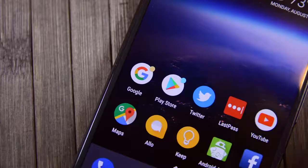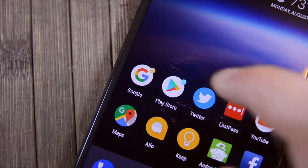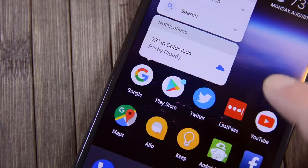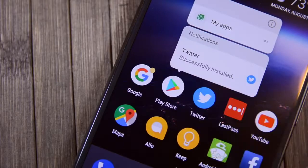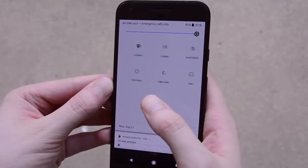Thankfully, most of the new features and background stuff should make it on most devices that manage to make it to Android Oreo. Also, since I know you're gonna ask, we have no idea when your phone is getting Android Oreo yet. We will be covering a lot of the features we just talked about in Android Oreo more in depth over